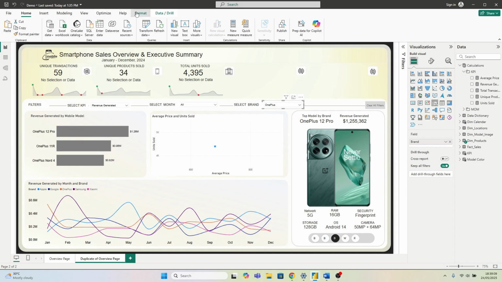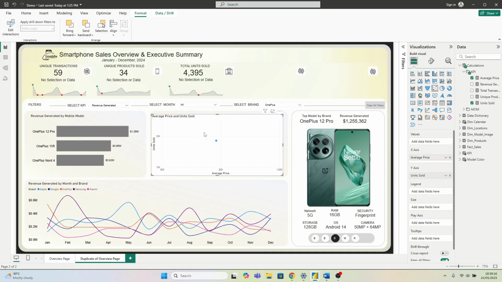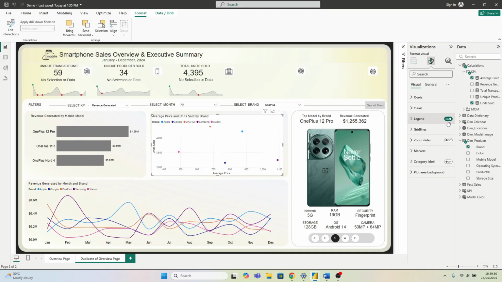So I'll simply say format, edit interaction, don't interact with this also. Now, I'm going to make sure that I bring in the brands, the different brands on the legend. So I will expand dim product, bring in the brands, drop it on the legend. So you get to see the different brands, but we've not gotten what we wanted. I'll simply come to format, turn off the legend for now, right? So you can see the different brands, but we've not been able to achieve what I have on the other